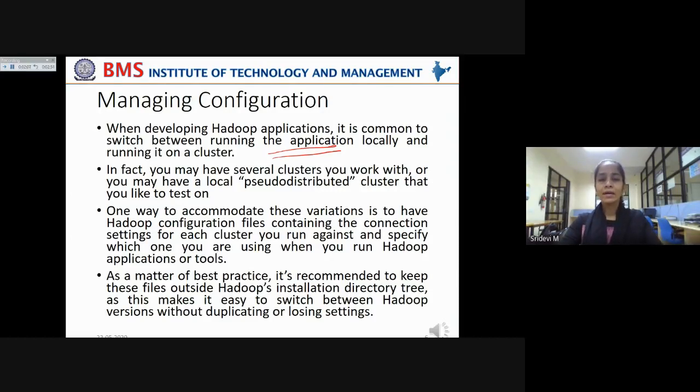So all these configuration files should be kept out of the installation directory tree, so that if switching between the Hadoop versions takes place, it doesn't result in duplicating the settings or losing the settings due to some error. That is why all these Hadoop configuration files have to be kept separate from your Hadoop installation directory tree.